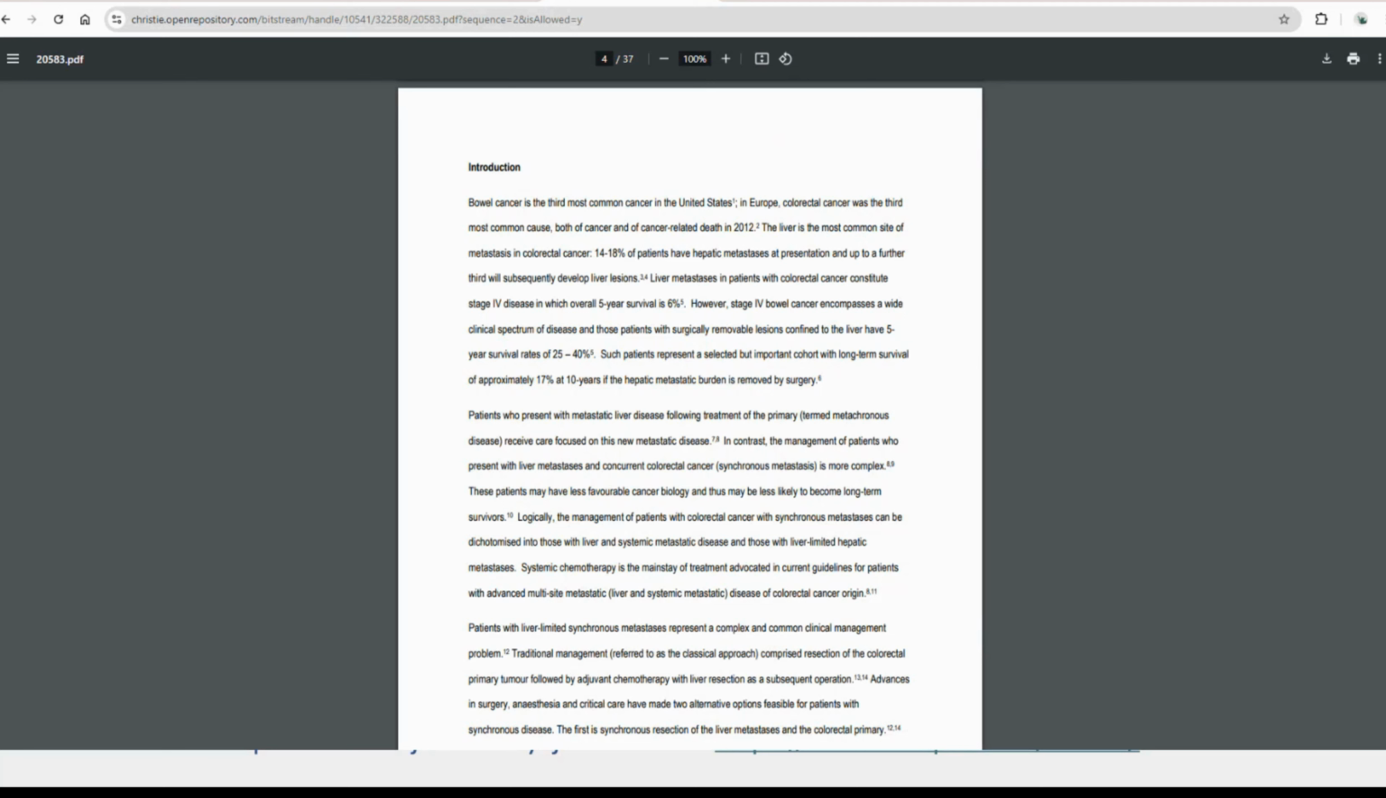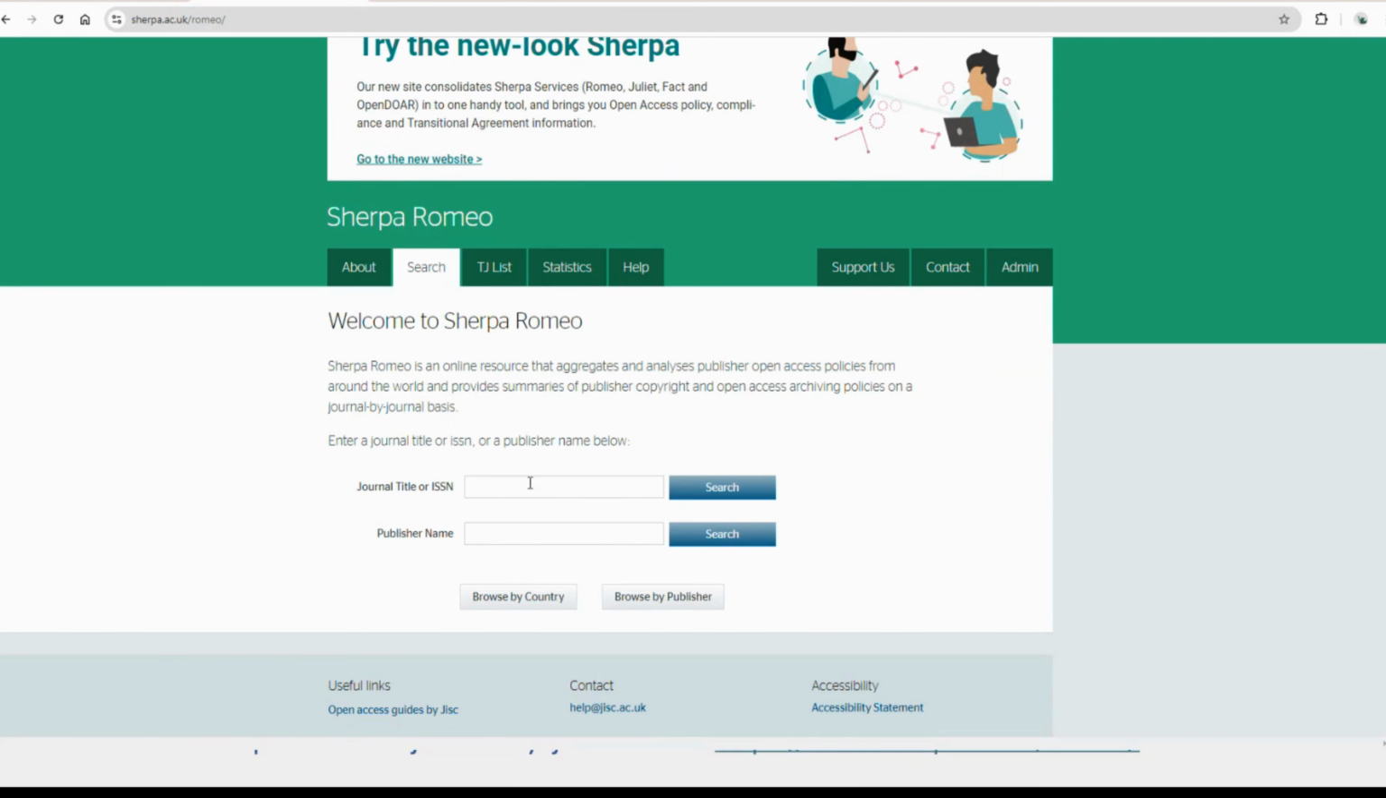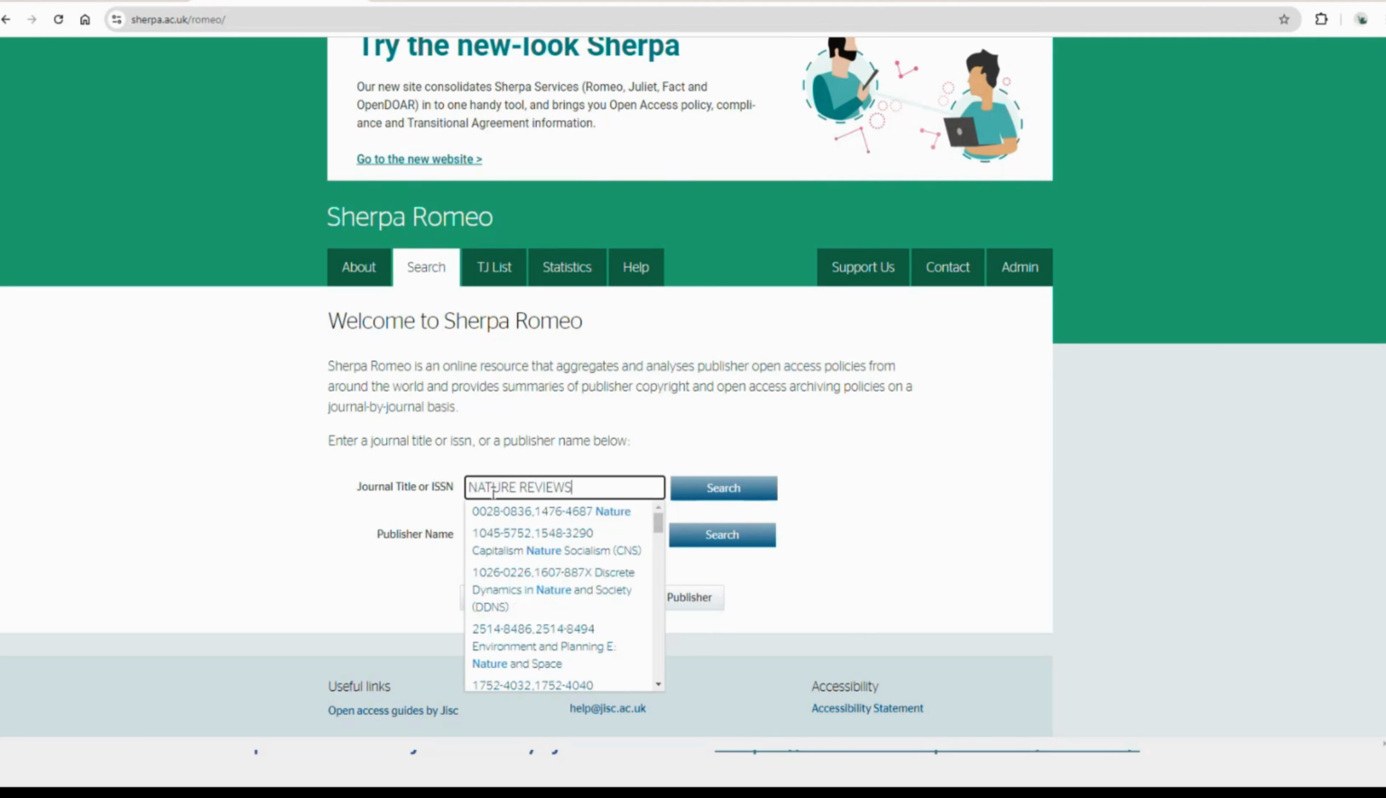And I'm just going to quickly show you, I mentioned Sherpa Romeo as a tool that you can use to check the policy. So I'll just nip over there and show you what the tool tells you for this particular journal, for this particular article. So this is Sherpa Romeo. It's a Jisc product. It's free to use. And if I just type in Nature Reviews Clinical Oncology,